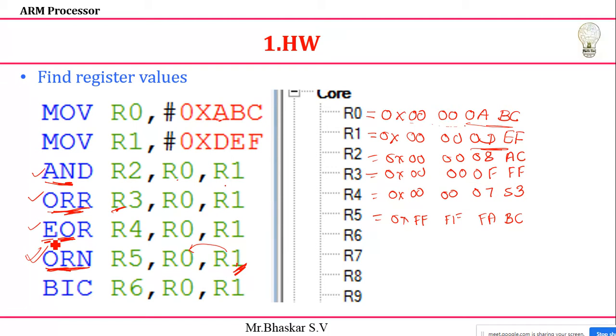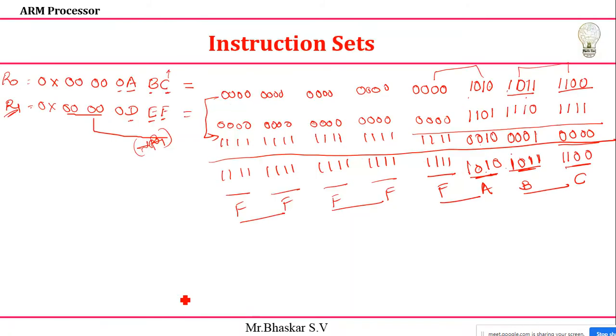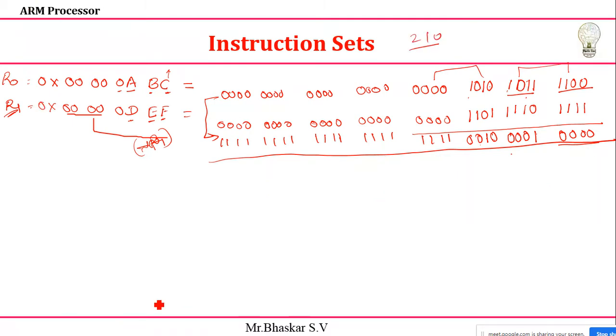Next, BIC means it is an AND operation. Same, you need to take the complement of this one and AND it with R0. Okay, the complement is already taken, but previously we did the OR operation, now I need to do the AND operation. That's all. So just do it and tell me what answer I'll get. First, they are normal: I take R1 and the complemented value of R1 I'm getting from this one. So I'll do the AND operation.